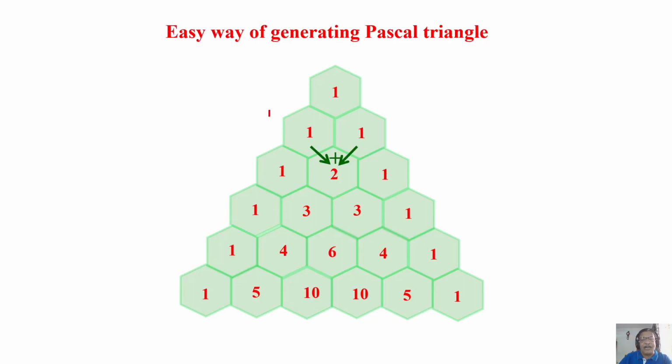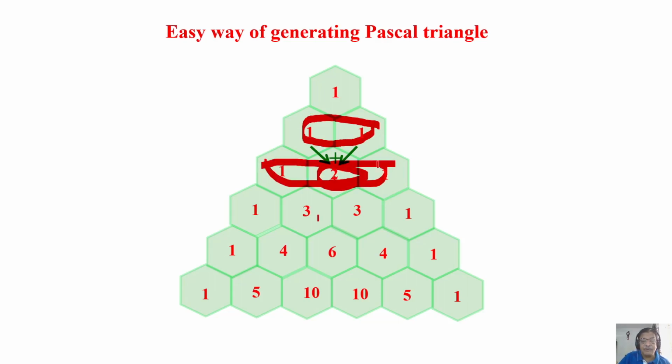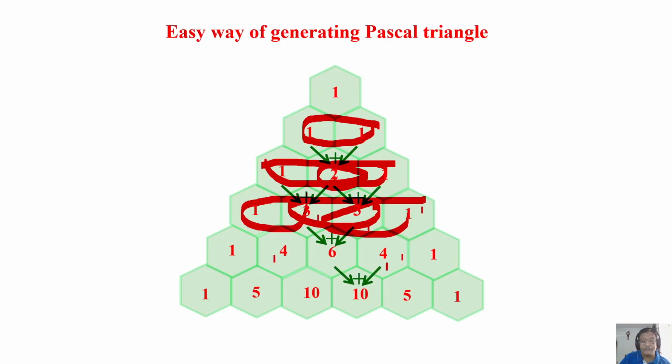It is simple. First you write 1, below this you write 1 1, exactly with the 1 at the center and on either side you write 1 1. Again write 1 here, take the sum of these two, 1 plus 1, add 2 here, then write another 1 here. Now come here, write 1, add the sum of these two, 1 plus 2, write 3, 1 plus 2, 3 and 1. So it always goes by the sum. Here 1, these two together will be 4, these three, 3 plus 3 is 6, and 1 plus 3 is 4, like that it goes.